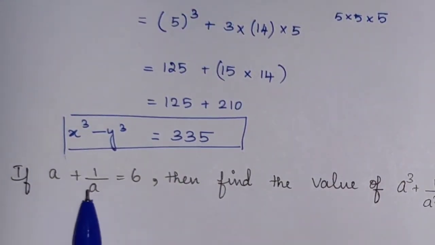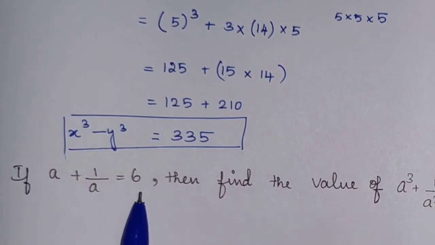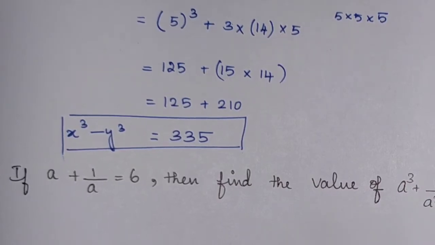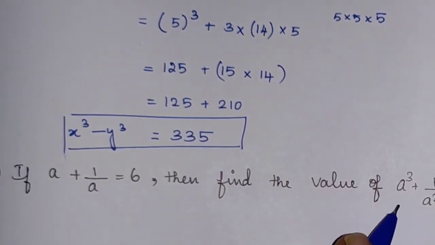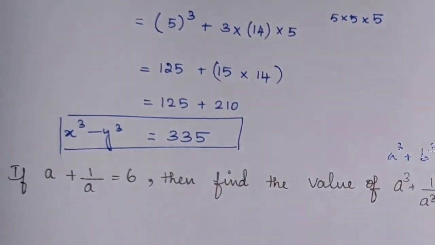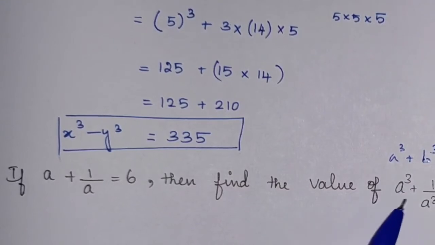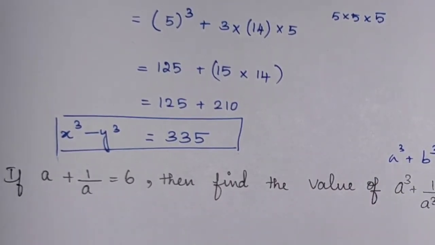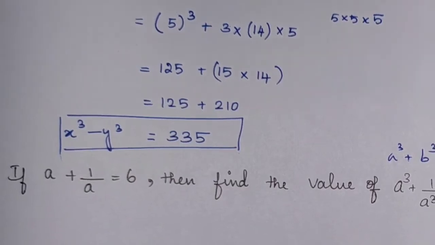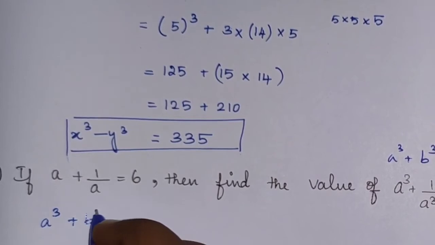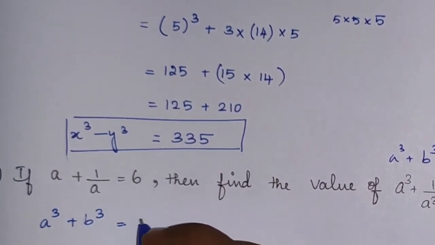Problem number 9. If a plus 1 by a is equal to 6, then find the value of a cube plus 1 by a cube. Okay, so it is like a cube plus b cube. So a cube, and in the place of b I am having 1 by a cube. So we are asked to find a cube plus b cube, where b is equal to 1 by a. Okay, that is what we are going to find. So you know the formula, right? a cube plus b cube is equal to